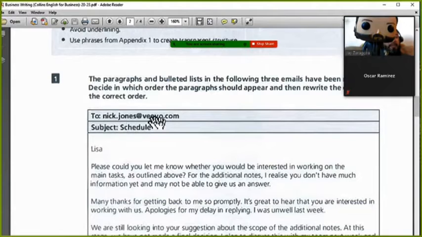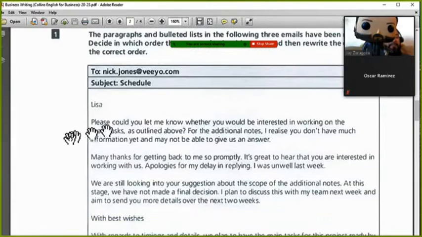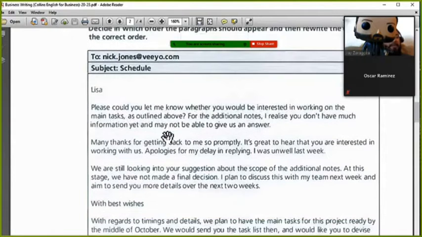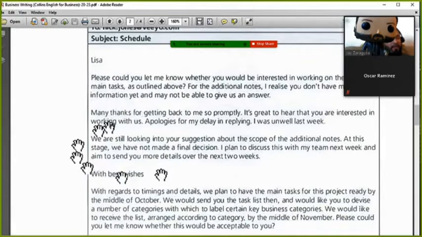To Nick Jones at Vio.com. Subject, schedule. Lisa, please, could you let me know whether you would be interested in working on the main tasks as outlined above? The additional notes, I realize you don't have much information yet and may not be able to give us an answer. Okay, so what's happening here is that all these